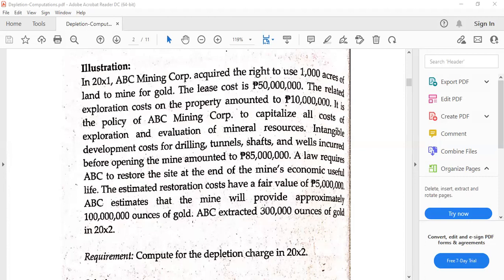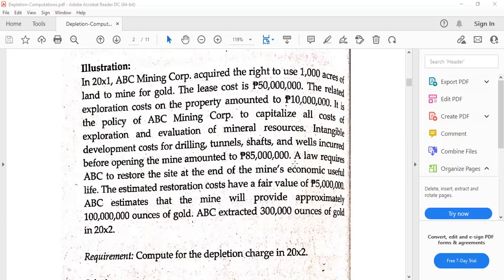Take note that there is basically a list of costs that will have to be recognized from here. One of that is basically our acquisition cost or lease cost of 50 million pesos, exploration cost of 10 million, and then the policy of the company is to capitalize all costs of exploration and evaluation of mineral resources. Remember, we discussed this in our discussions for depletion, that this will actually be a matter of accounting policy